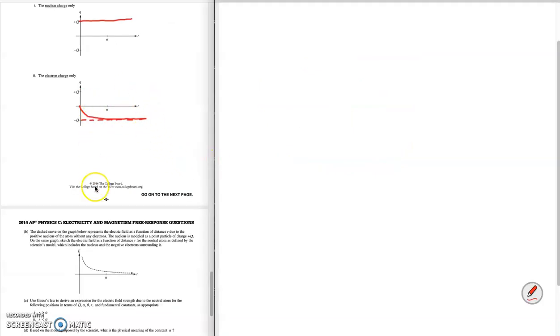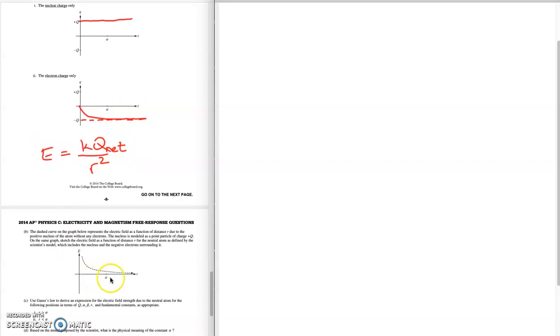All right, I moved my graphs up because if you take a look here, what they want is a graph of the electric field. So if we don't have any electrons, then this dashed line is the electric field due to just the nuclear charge. But once we add in electrons, we're going to be reducing the electric field because we have a plus and a minus here. That's going to reduce the electric field. Remember, E equals K, our most basic formula for the electric field. KQ, and this has to be net. So we have plus Q, we have minus Q, and when we add those together,